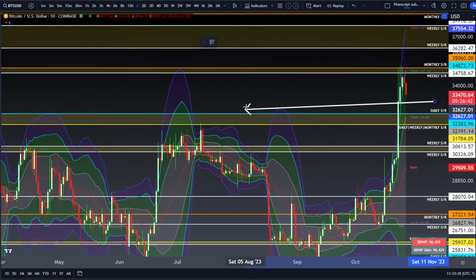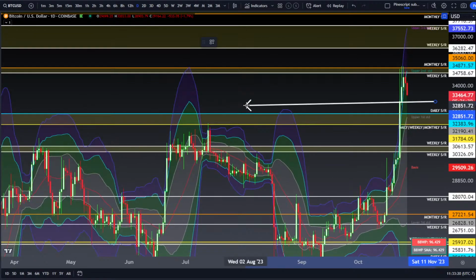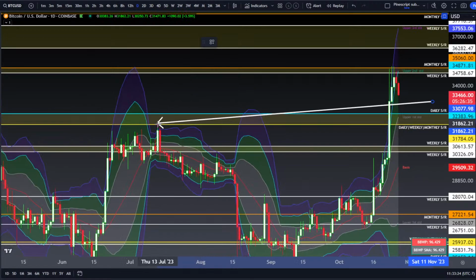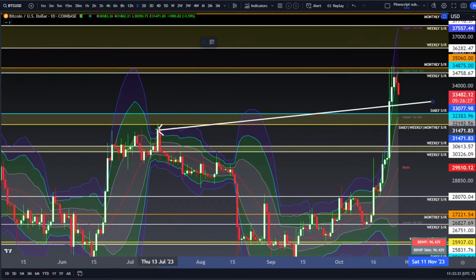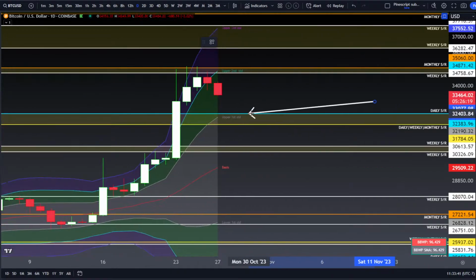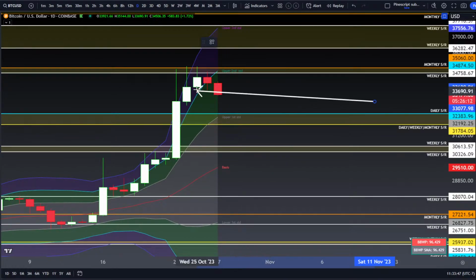Now, when looking left, you can see the importance of this area at this daily, weekly, and monthly level. There is a daily wick into it from early July, and the close came in at 31.5. So if you do want to give it some room down to the close on a daily time frame, you're more than welcome to. Now, in this case, validation for continuation is going to start to show itself above the